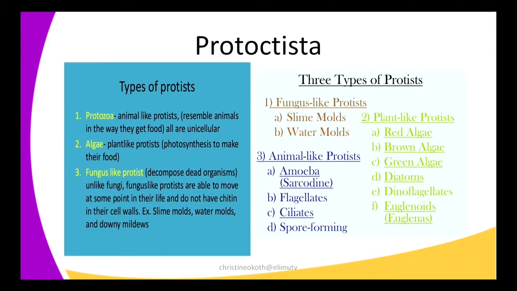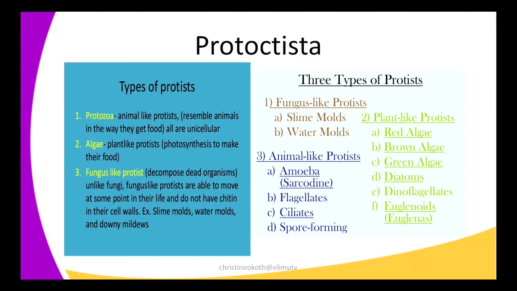So going to look at the types of Protoctista, we can also refer to them as the protists. We have three types of protists. We have the protozoa, the algae, and the fungi-like protists. So the first one, the protozoa. These are animal-like protists. They resemble animals in the way they get food. They are all